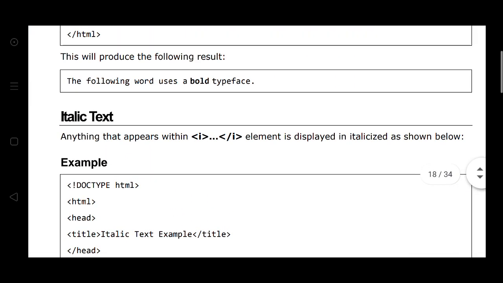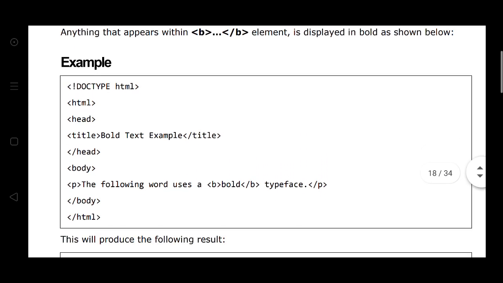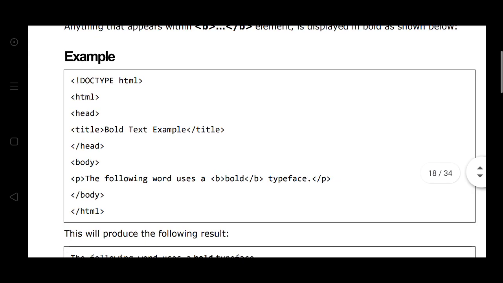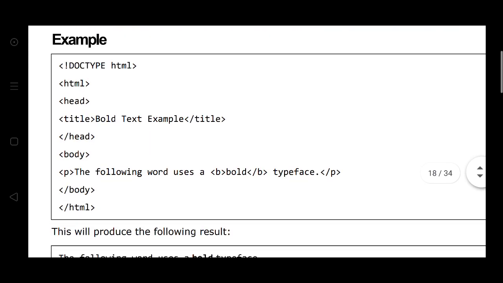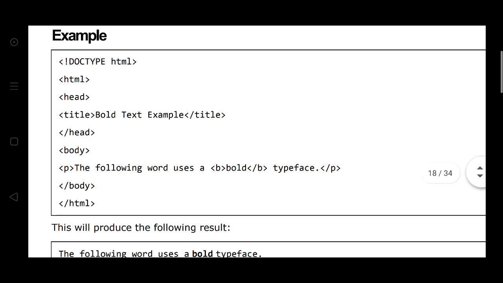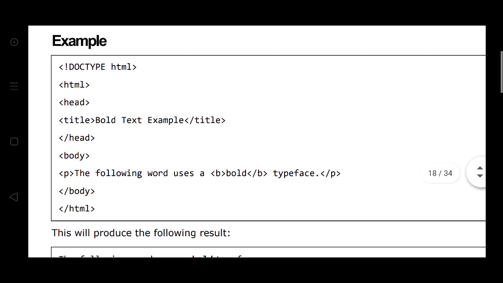Bold and italic both can be written in the same example. Suppose here you have seen bold only. In the same place you write I also, bold and I also. It will display the bold and italic also. The same doc type HTML, head and title also, body also.